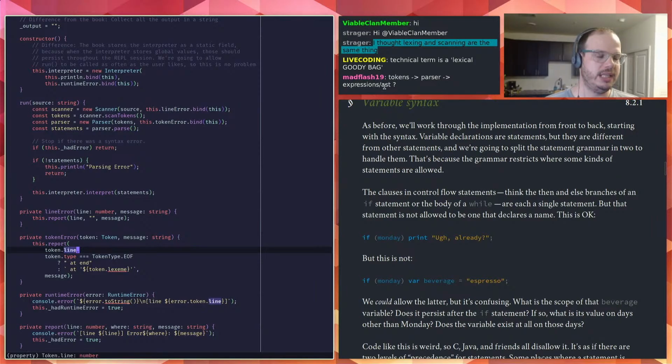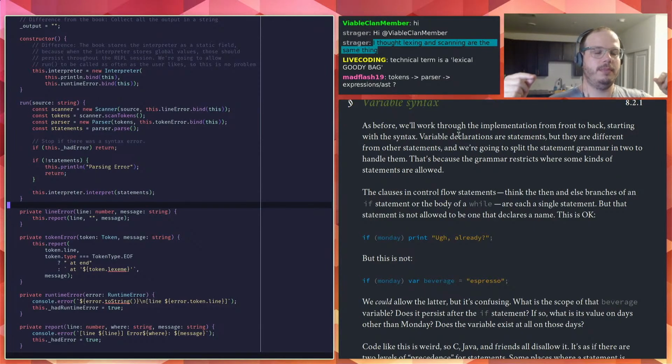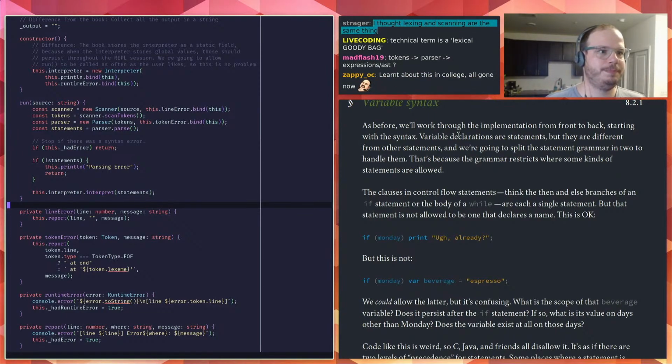And that's usually called a syntax tree. And then if you continue in the book, you'll find he explains that some interpreters just evaluate straight from the AST.